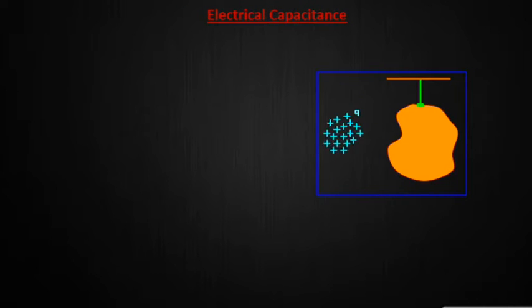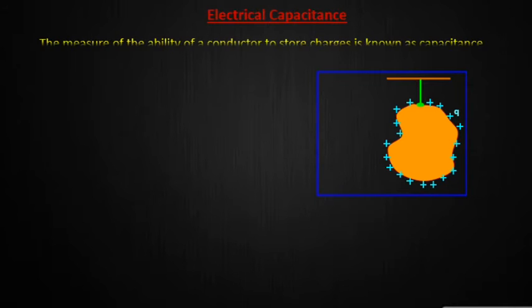We know that when charge is given to a conductor, it gets distributed throughout its surface. Hence, conductors have an ability to store charges. This is of great practical importance. By storing charge, actually we are storing electrical energy. This stored energy can be converted to other forms such as light, sound, mechanical energy, etc. as and when needed. The ability of a conductor to store charge is measured in terms of its capacitance or